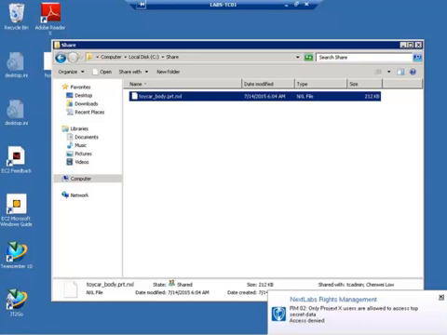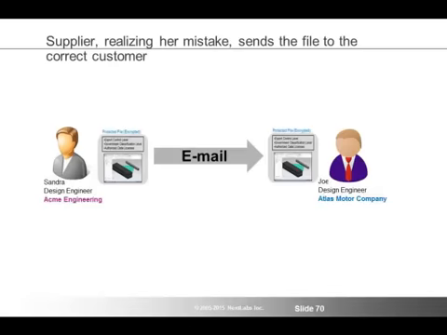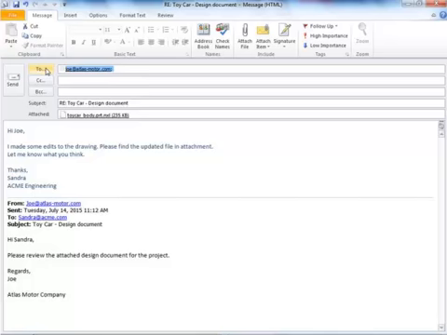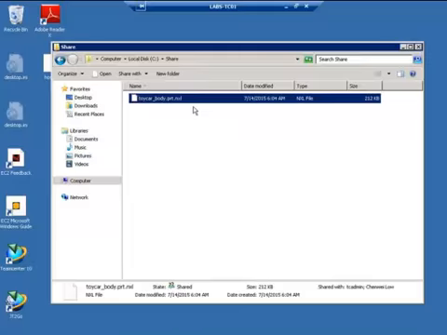So then going back to Sandra, she realized her mistake. She's going to send her edited CAD file to Joe as she had planned earlier. So she's going to write the same email, but then she's sending it to Joe this time, who is the proper recipient for the CAD drawing. So Joe is receiving the file,